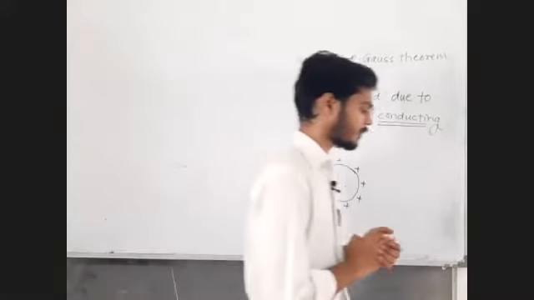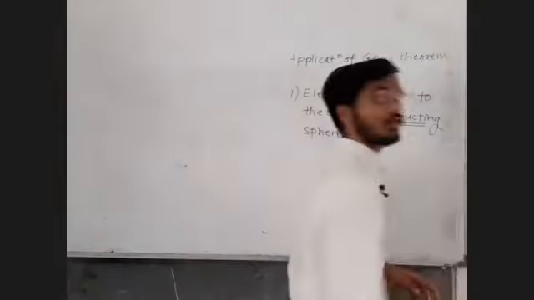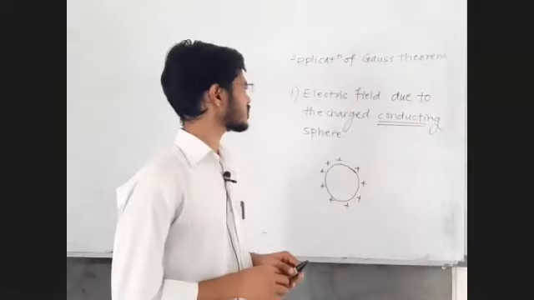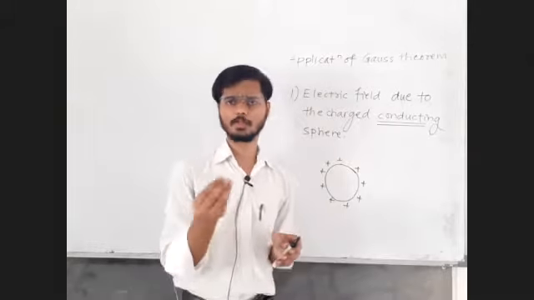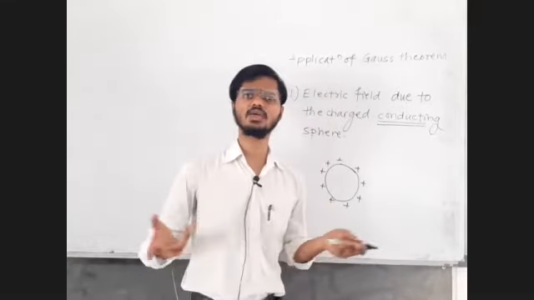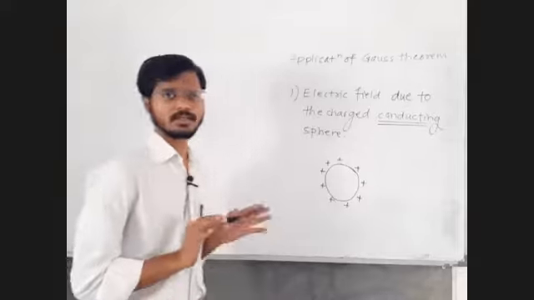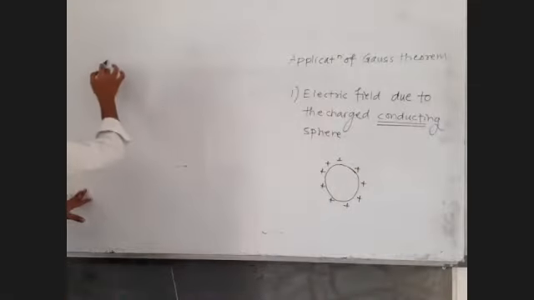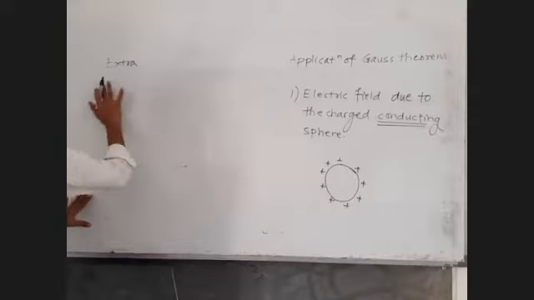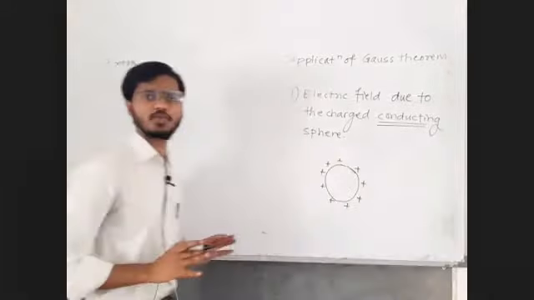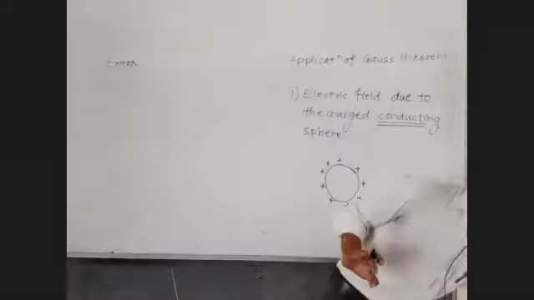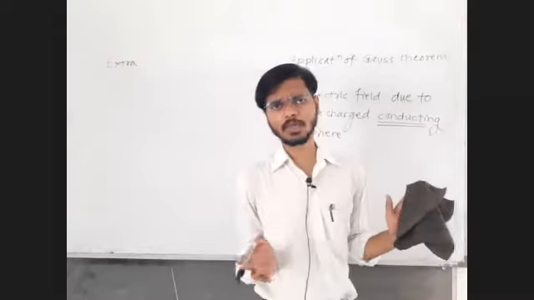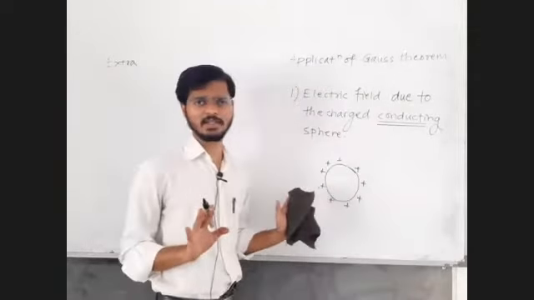All right. So now we want to find out the electric field due to a charged conducting sphere. Do we know the electric field due to a point charge at distance r? Yes, K into Q upon R square. There are some basic formulae that we know. Don't get confused, okay? When I am asking for electric field, don't give me the formula of force between two charges. I am asking electric field. You cannot say K into Q1, Q2 upon R square. Am I asking force? No.